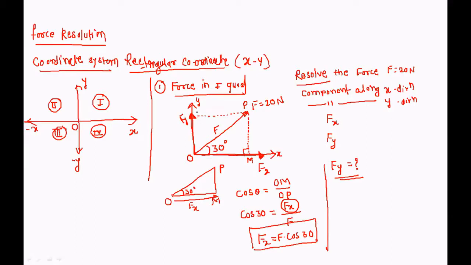So I will consider this point as a point Q, and this will become the right angle triangle. Okay, so this side PM is equal to the OQ from this geometry. Okay, so if I calculate this side, and if I consider this same right angle triangle OPM, so this will become your Fy side. Okay, because this PM and this OQ both are the same values.